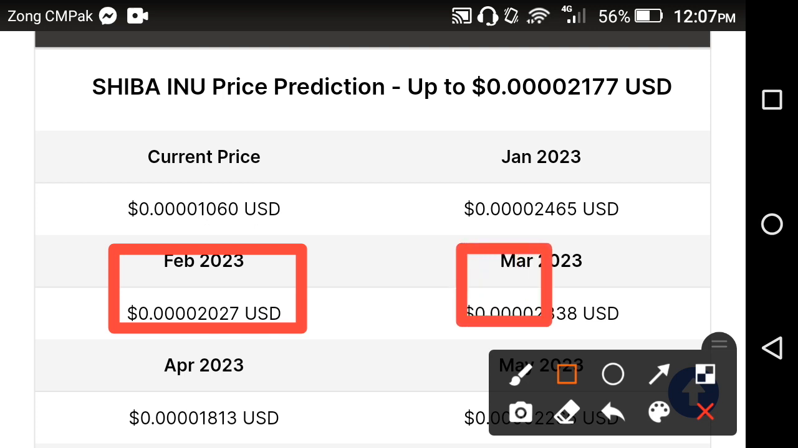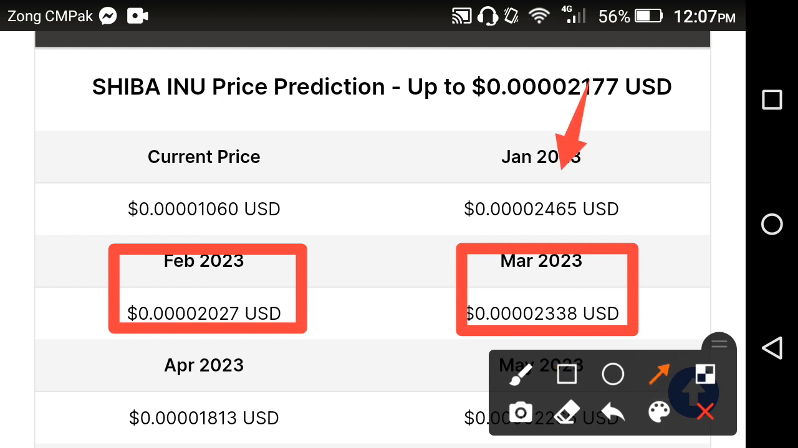Same like that, you can see here the March price of the Shiba Inu token. We decide all this on the basis of technical analysis: 0.0002338 USD, friends. But as you can see now, if you look at the prices for January 2023, February and March, the price is very low, friends. We decide this price on the basis of technical analysis and price changes, but maybe we